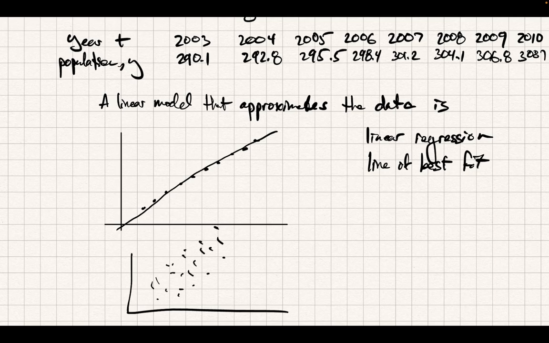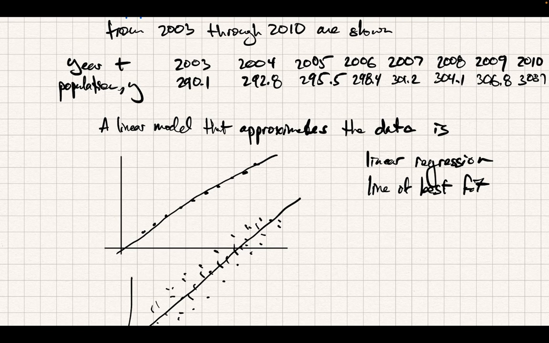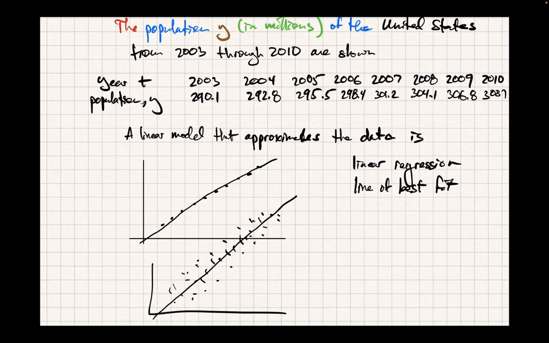I could see that data might be susceptible to a line of best fit. That doesn't make sense. That was population. Can you scroll back up a little bit, please? Right. I'm not really talking about population, I'm just talking about line of best fit. But if you had data that looked like this, I understand.